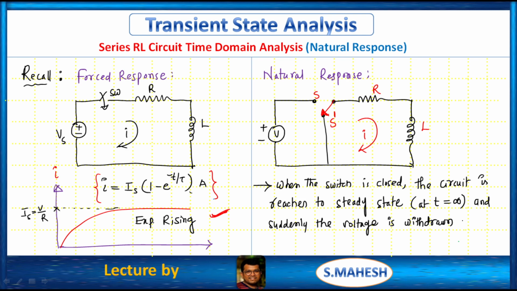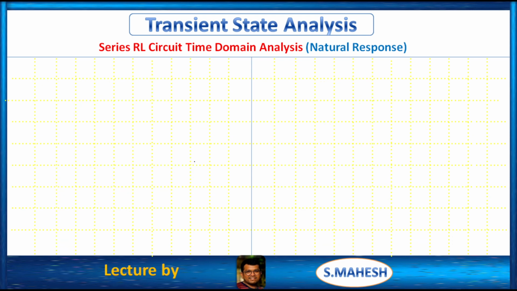The voltage is withdrawn by opening the switch S and throwing it to S dash, when the switch is moving its position from S to S dash. That is, suddenly, instantaneously, we have to change the position of the switch. Then